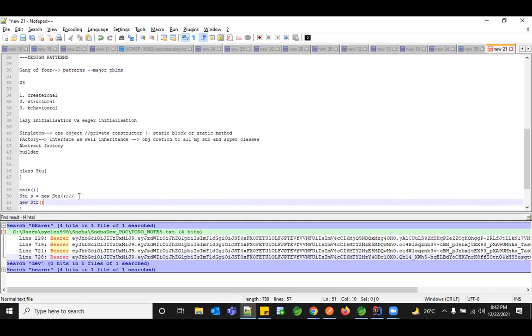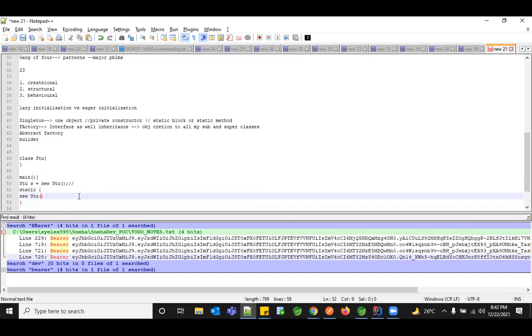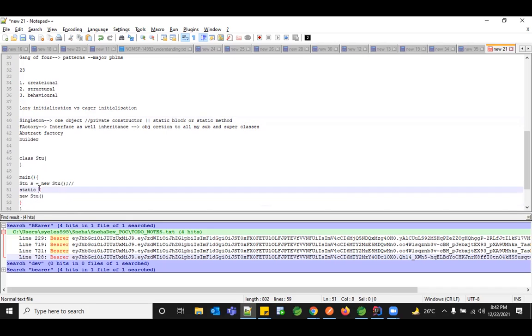So that creation will happen within some static block. And this static block will be accessible only if the constructor is private. If it is public, they can call this particular block directly, and it will have already invoked my object. But I want to make my constructor private so that they will not be able to access it.